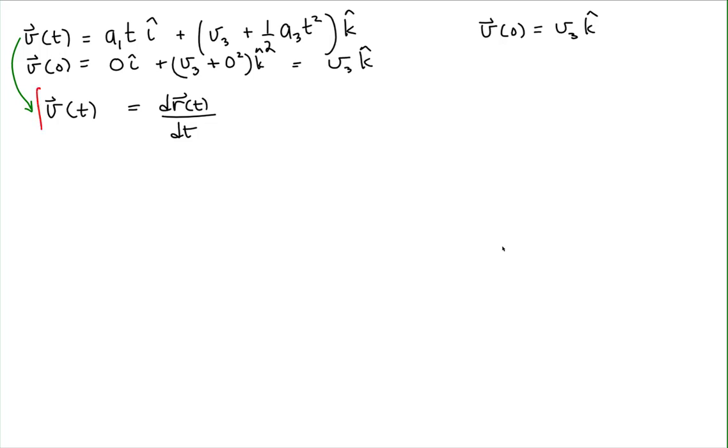Well, if we integrate both sides with respect to time, and recognize that the right side of this equality ends up just being the definite integral of dr of t,